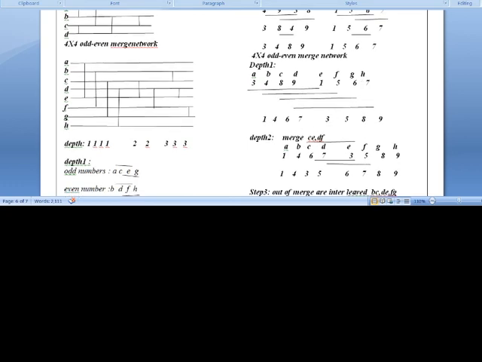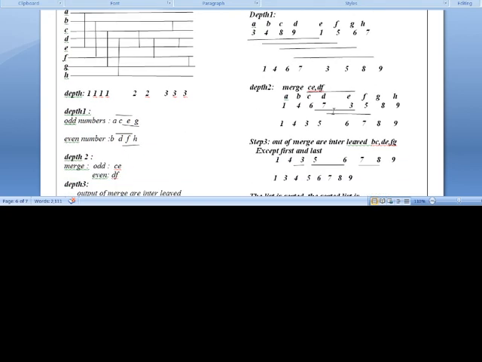For this result, you merge CE and DF. Merge CE and DF in the sense apply the comparators for CE and DF. You will get the result. For this result, apply the comparators to the interleaves, except the first and last. Out of the merge, for the interleave, you apply the 4, 3, 5, 6, 7, 8 comparators. Then you will get the sorted list.